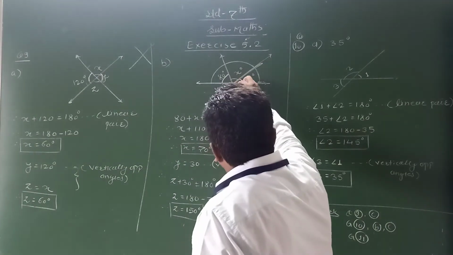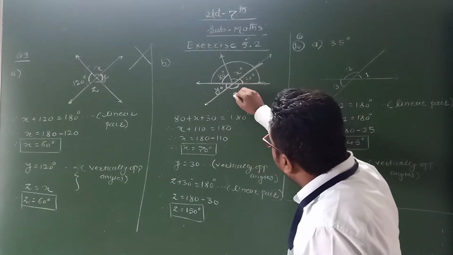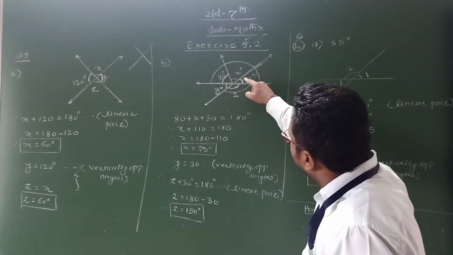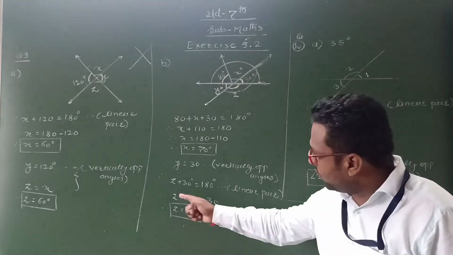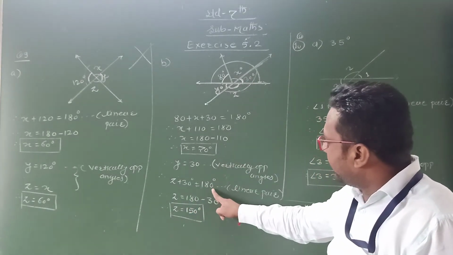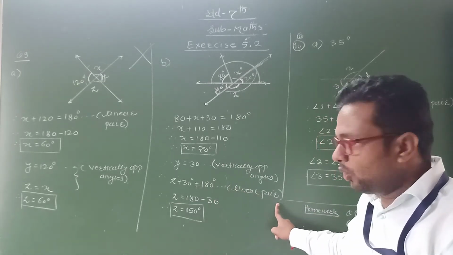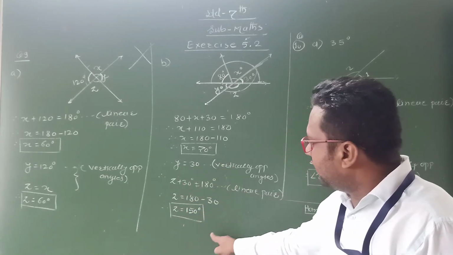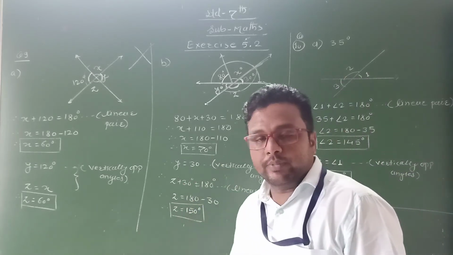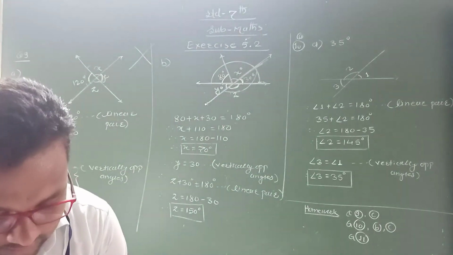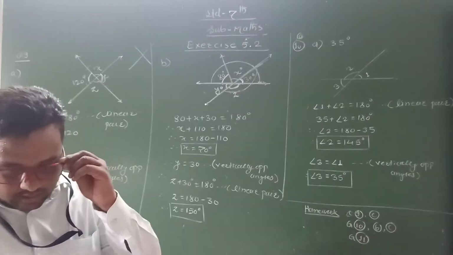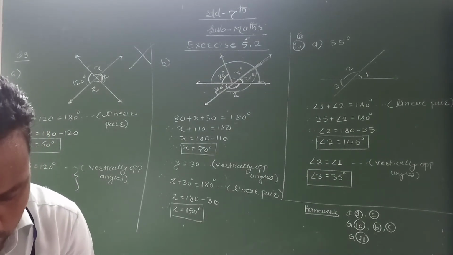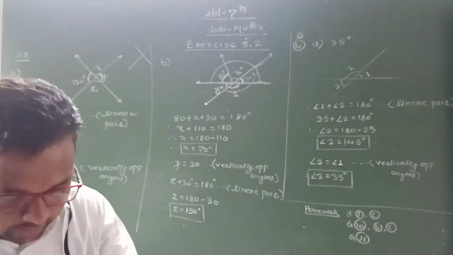Now to find out the value of z. Okay. Now how you find out the value of z? Now see, angles z and 30 form the linear pair. See, this is the straight line. On this line, these two angles are formed. Okay. Therefore, z plus 30, here I write 180 degree, that is the linear pair. Okay. Therefore, z is equal to 180, we transfer plus 30 become minus 30, then z is equal to 150 degree. This is the answer. Okay. I hope student you understand how to find out the value of x, y, z in the given figure.